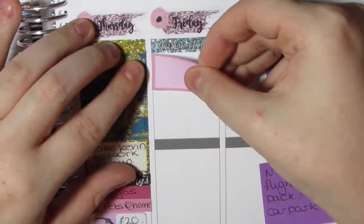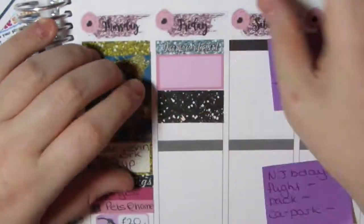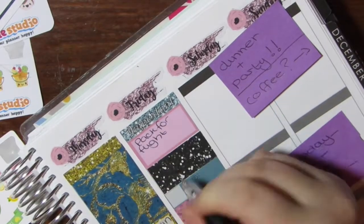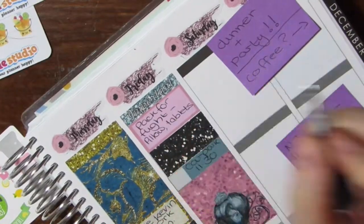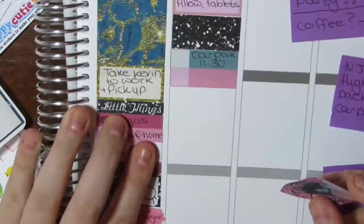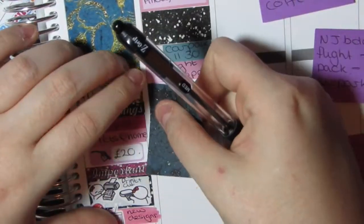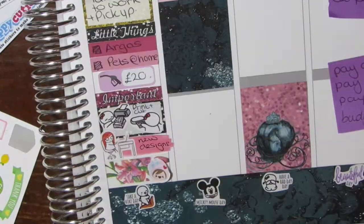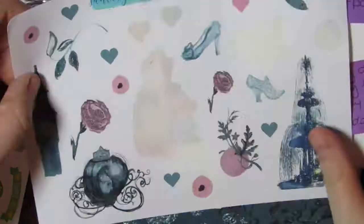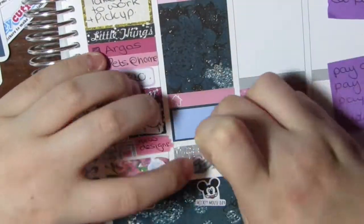Now on to Friday, I put down an important header and a box to remind myself that I needed to pack for the airport, then a little label. I put down this full box, but I decided I want to leave it and move it to Saturday. And on the quarter box, I just filled in the car park time, and on the pink one, I fill in the flight time. Then I put down another full box just to fill in the time, and I use a little house symbol and a little quarter box to signify that